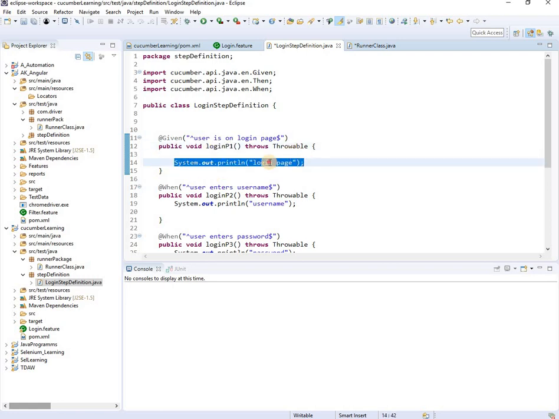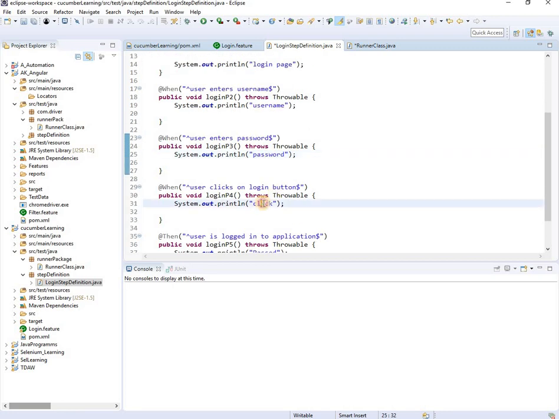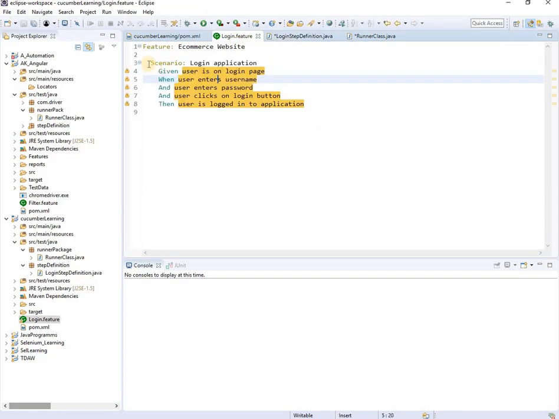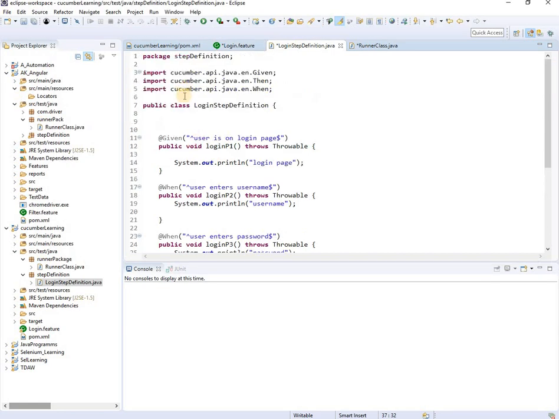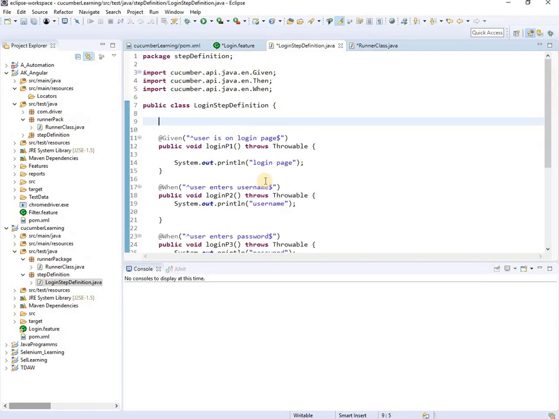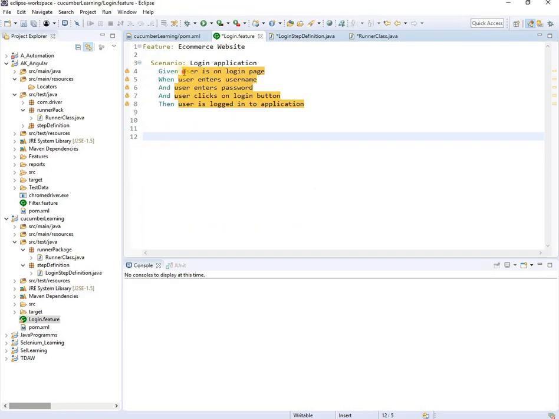So what we have done, we have changed the method name. We have given sysout for login page, username, password, click, pass. And it doesn't matter how you are writing in the step definition file. It will always follow the order of the feature file. The first scenario is written over here. If the second scenario is down there, and I have written the script of the second scenario at the top in the step definition file, it won't execute that first. It will execute this thing first and then go to the next scenario. It doesn't matter where you are writing this script. The matter is whatever content is inside this should match this.